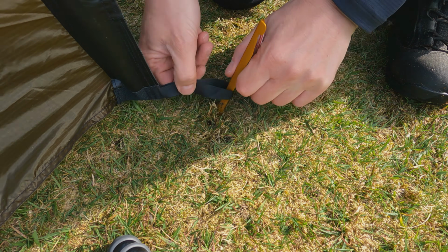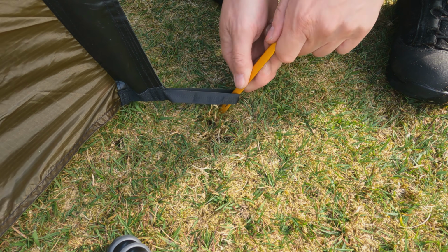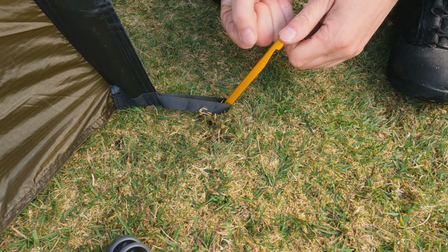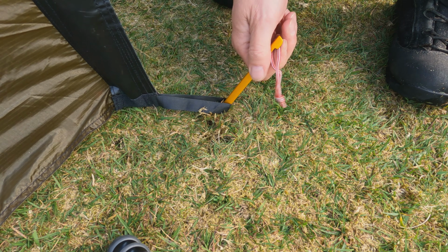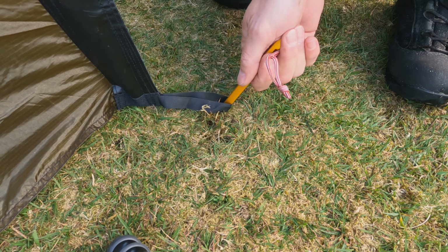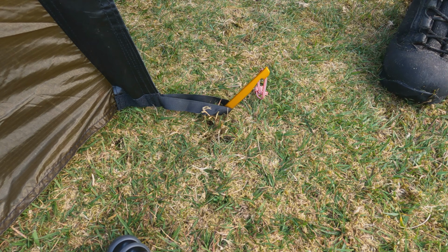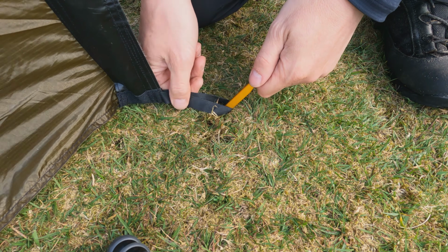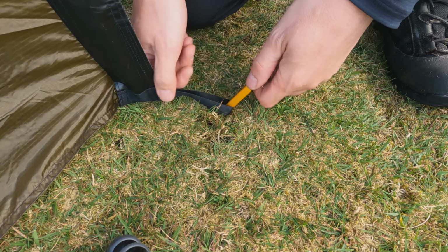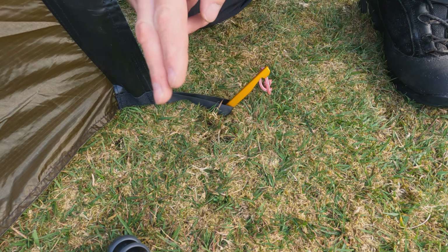The other challenge, which rarely gets spoken about, is you can really only put so much tension onto this as you're driving it in the ground. You can do your very best, and then you clearly go to the other side of the tent and pull that tent tight and do your very best to drive it in, but you don't have much of a mechanical advantage driving it in either with your hand or with the base of your boot or with a rock. You're going to naturally introduce, I think, some slackness into this, and of course you want it very, very tight so that your tent fly can be nice and tight,